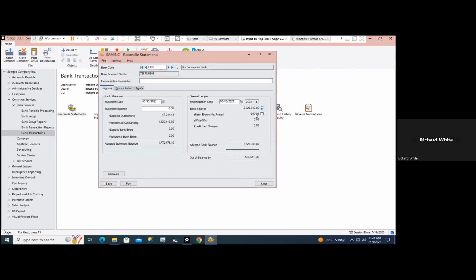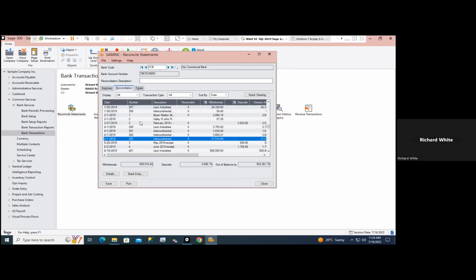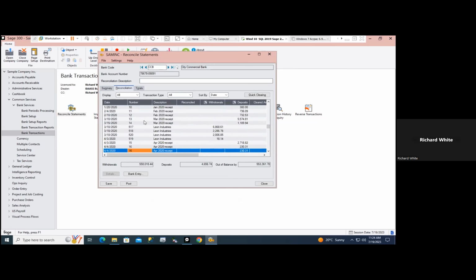So I'm just going to hit post, and it's going to create the batch in the GL for entry number 4 because it wasn't posted. Now we can see that $200 disappeared. I'm also going to see that that $200 is now sitting